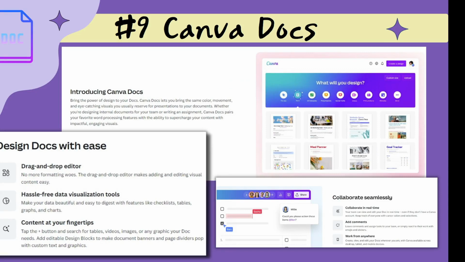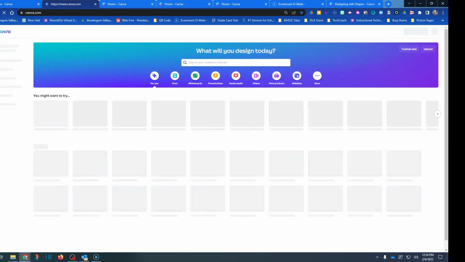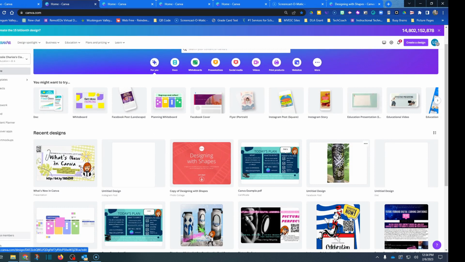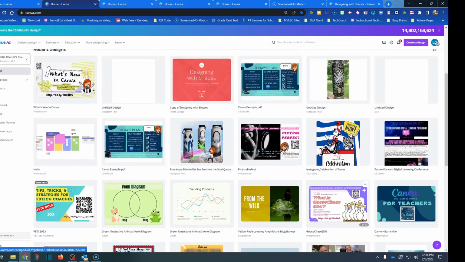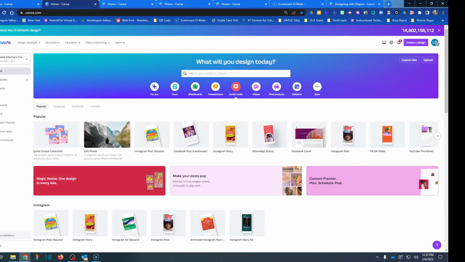So let me jump out to this Quick Create option so that you can see how this works. If you go to your home page, and let's say you are going to create a new Instagram post, you go to your social media tab, and the option that comes up is this Quick Create collection.